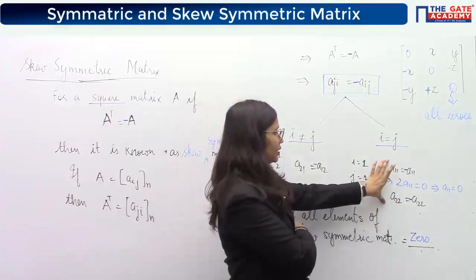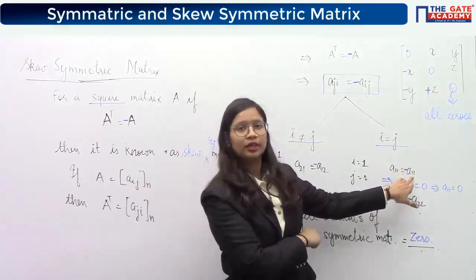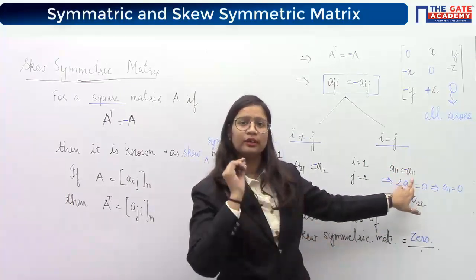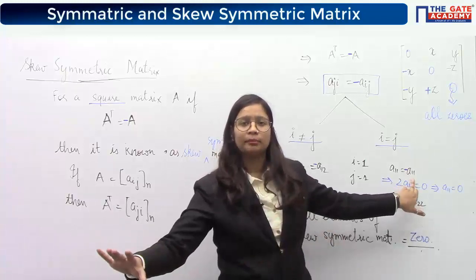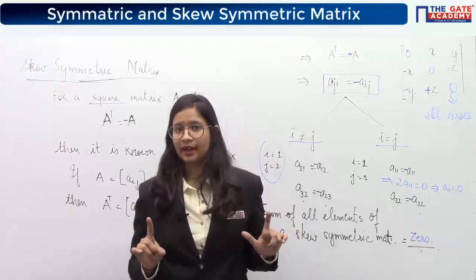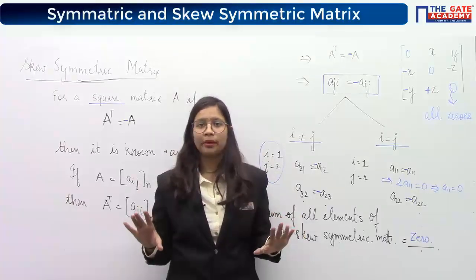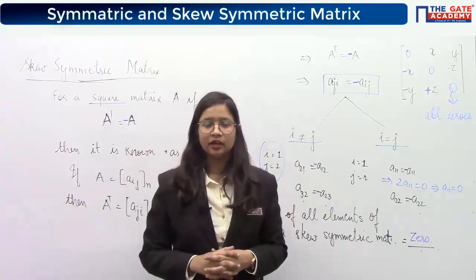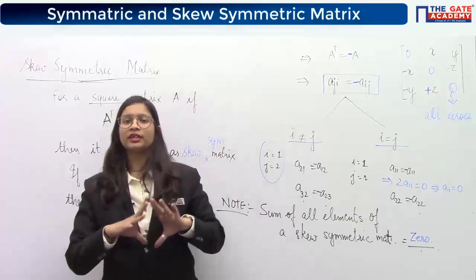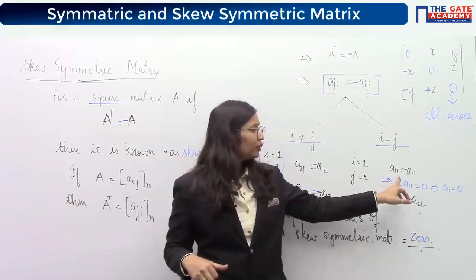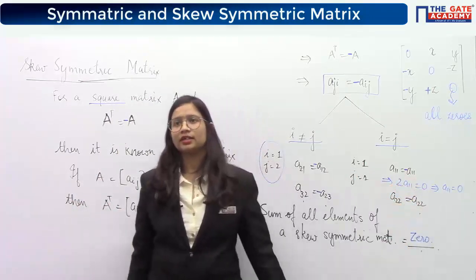Again, because of the same reason, that a number which is equal to the negative of itself is only one number in all of the number system, that is 0. And I am talking about all the real numbers here. I am not talking about any complex matrices. Complex matrices is a topic which will come sometime later. But for now, we are talking about all the real matrices. And for real numbers, the only number which satisfies this equality is 0.